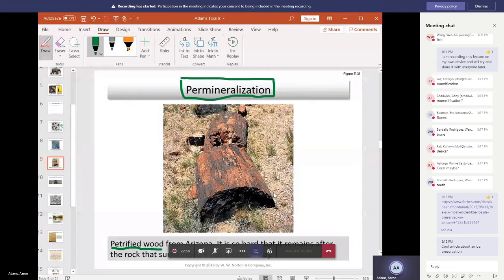And this tree died, and when it fell onto the ground, was later buried with sediment, just like the dinosaur example. But instead of having any bones, the groundwaters were full and saturated with mineral ions, and they got into the spaces of the woody tissue and basically filled them with minerals. And in this particular case, the detail is still preserved. Look at the exterior. You see the detail of this bark out here on the edges of this piece of,